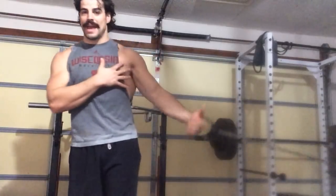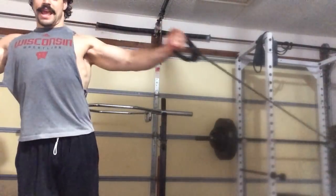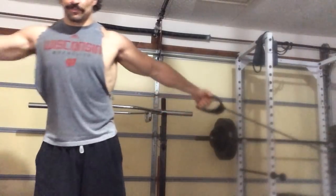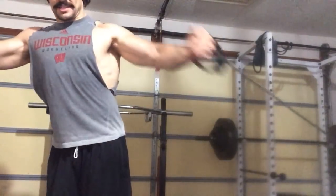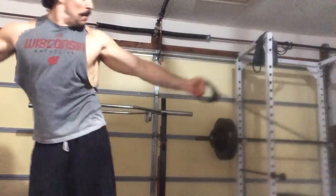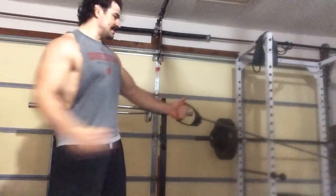So just like with the band here, guys, just doing this type of stuff through all different angles, right? That horizontal shoulder adduction. Doing that like I talked about the other day, like the power twister, but just doing it with a light resistance band, doing it at all different angles, right? Going high. Holy snaps, I didn't lock that in place, huh? But anyways, it doesn't seem like much,